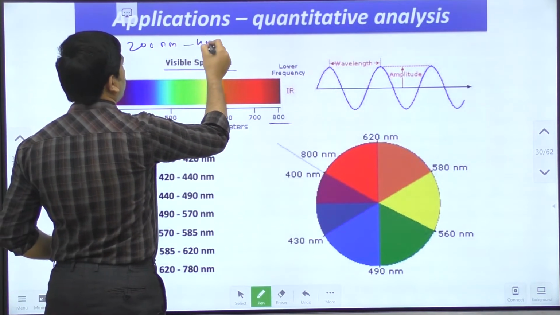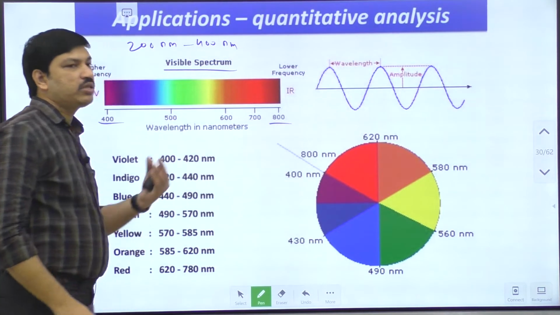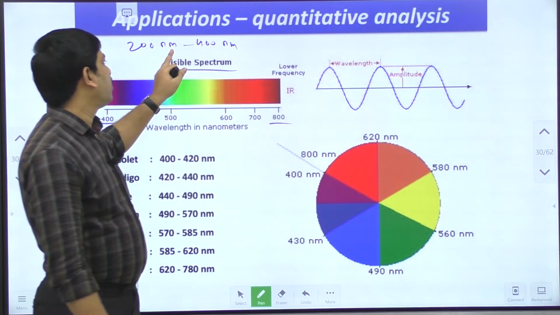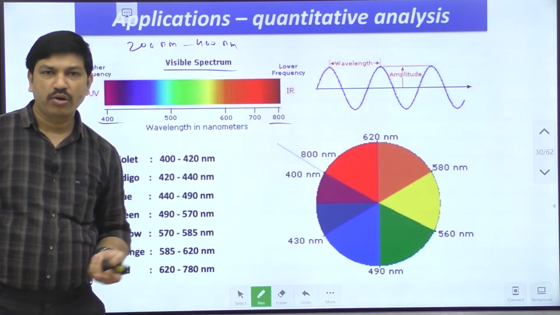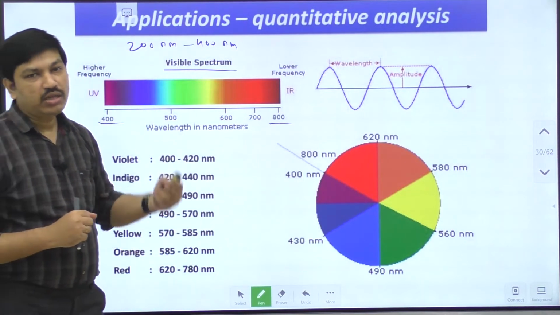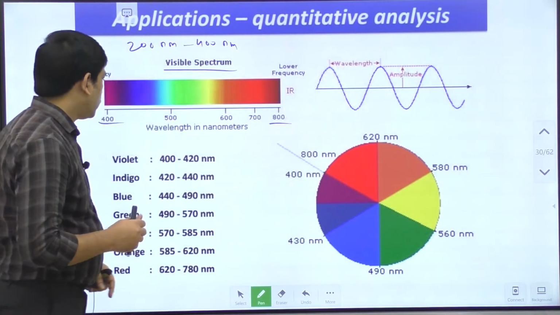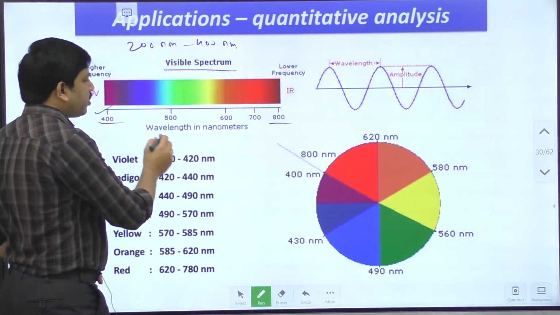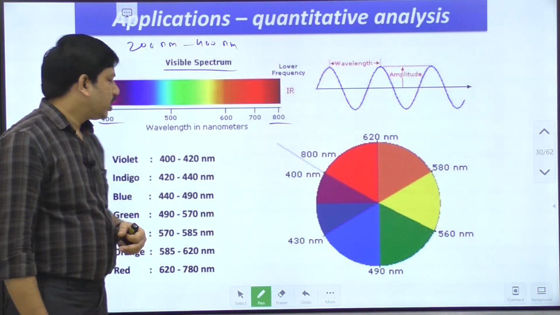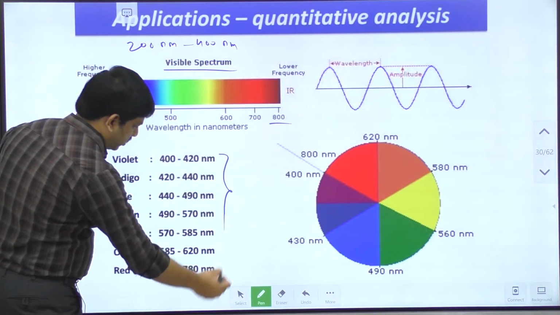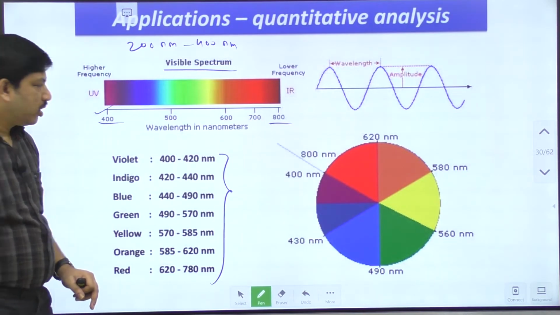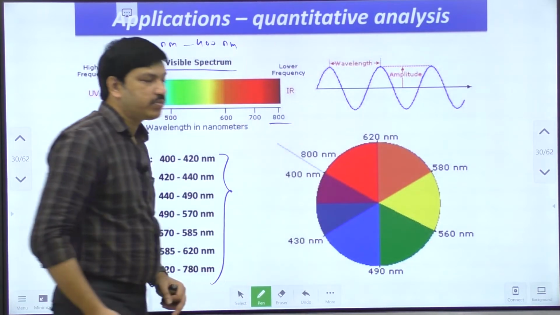400 nanometers. Don't get confused, sometimes I write 380 nanometers, sometimes 400 nanometers, because this is a broad range, 200 to 400, but if you go to the specific range, it is 200 to 380 nanometers, and 380 to 760 is called visible light. In general, we define 400 to 800 as the visible range or visible spectrum. There are 7 different colors: violet, indigo, blue, green, yellow, orange, red, and here we can see all these colors in this manner.